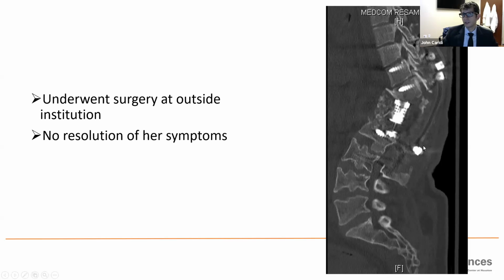So this had all been done posteriorly. He had done a costotransversectomy and taken the body out basically on one side. She still had bone on the other side, and he put this cage in and tried to basically lengthen her spine. So for the younger members of the audience, you can never lengthen somebody's spine. It does not work. You can shorten the spine in order to correct it, but you cannot lengthen somebody's spine.